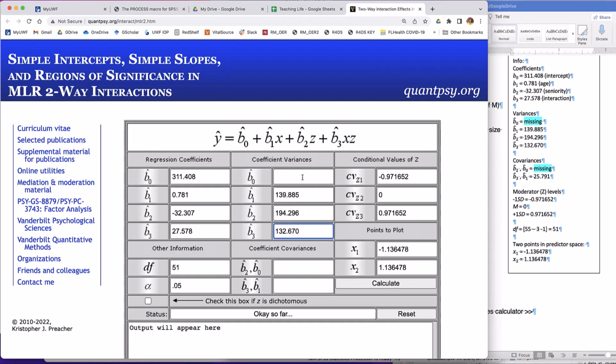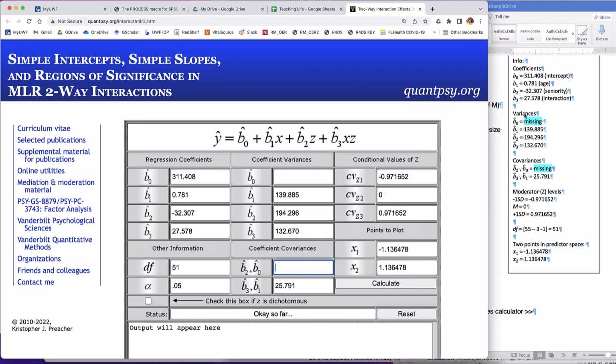Cool. Okay, so I need that guy. I need this one. This one I have, 25.791. Okay, so that's all I can fill out yet, because I have to go back and trick SPSS into